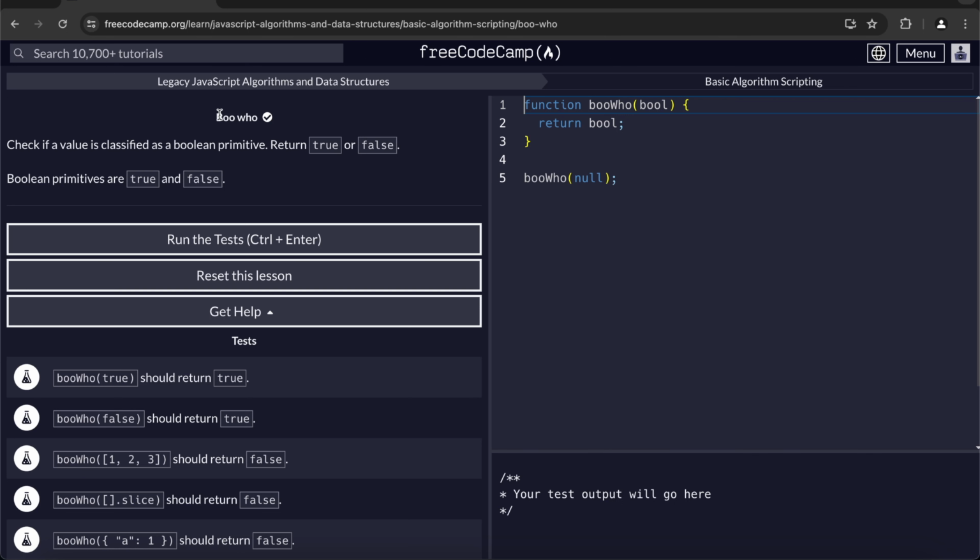So the next one is called Boohoo. Boohoo states, check if a value is classified as a Boolean primitive. Return true or false. Boolean primitives are true and false. So let's understand what that question is asking us. It's saying check if a value is classified as true and false, because Boolean primitives just means true and false. Return true or false pertaining to what the